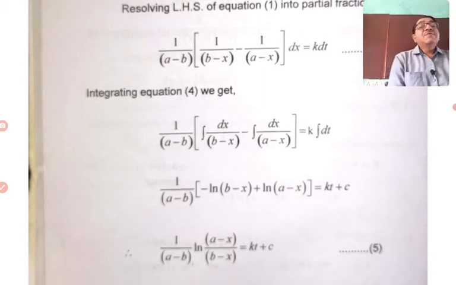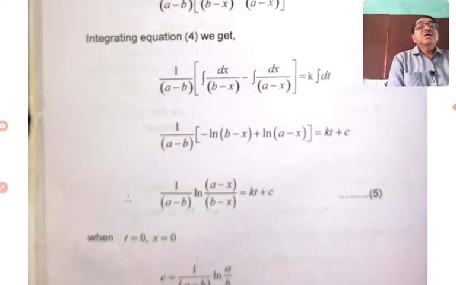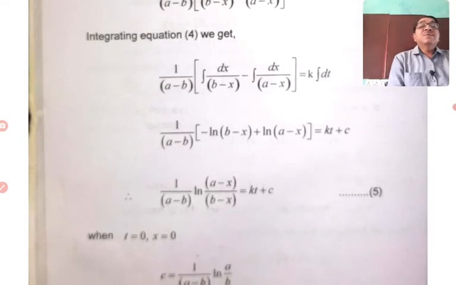Now after integration, we get the value as 1 upon (A minus B) in bracket, minus log (B minus X) plus log (A minus X), that is equal to kt plus c. Therefore, 1 upon (A minus B) log (A minus X) upon (B minus X). So when we apply the log formula, that is